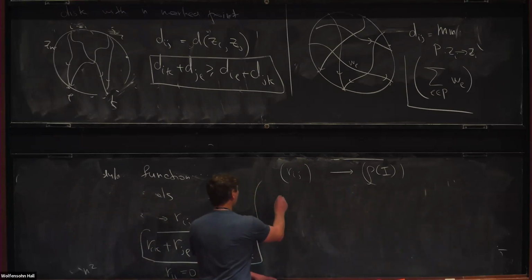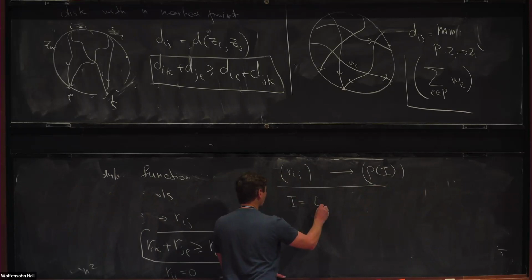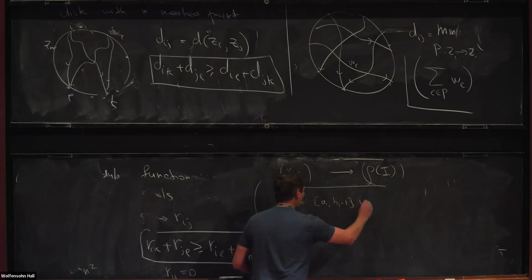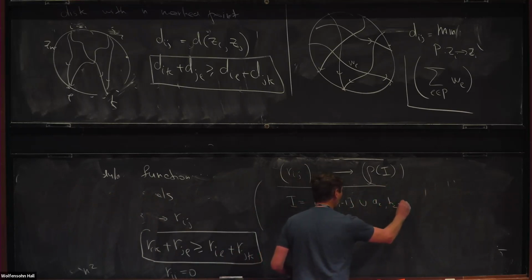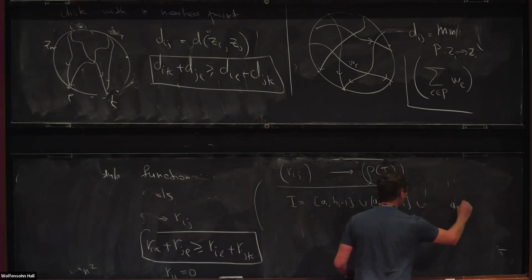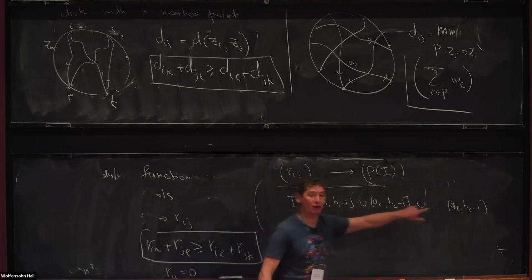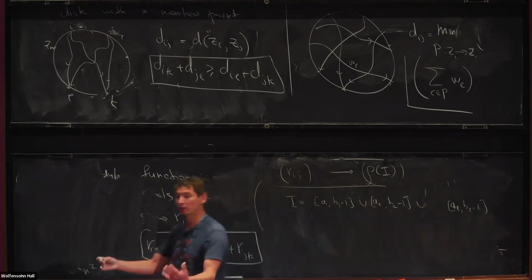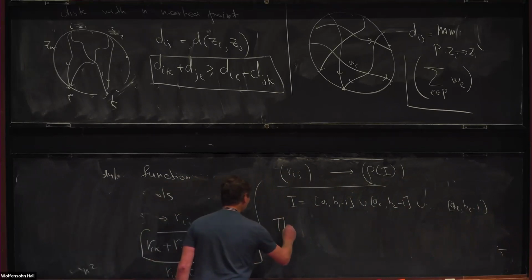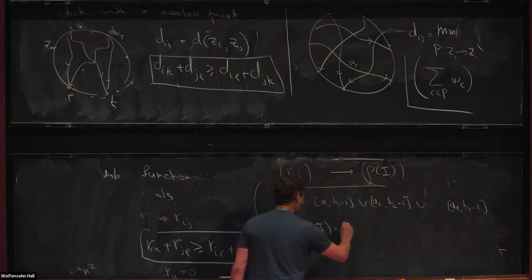that, let me write down any subset as a union of cyclic intervals, like [A1, B1 minus 1], union [A2, B2 minus 1], and so on, [AL, BL minus 1]. Then, of course, the rank of I should be at most the rank of this plus the rank of this plus the rank of this, but it can be smaller. So the theorem is that